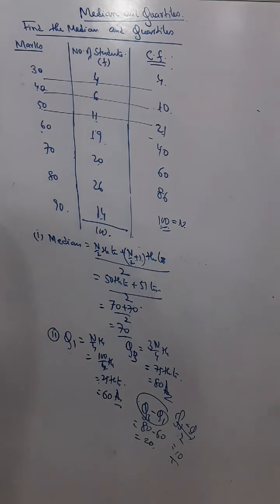So that is how we get the median and quartiles, but this is for ungrouped data. But if they ask me the median of grouped data, that means they have classes like 0 to 10, 10 to 20, 20 to 30. In that case, we get the median and quartiles from the graph. Okay, and I will explain that in my next video. So up to this much is for today. This is for median and quartiles for ungrouped data, and this we can find without using a graph. Okay, that's it.